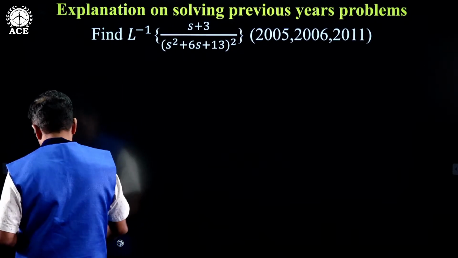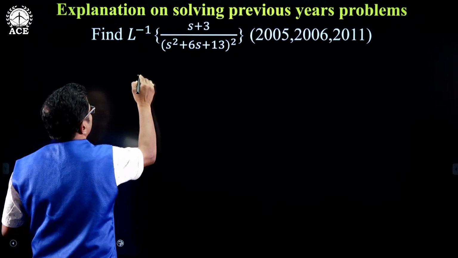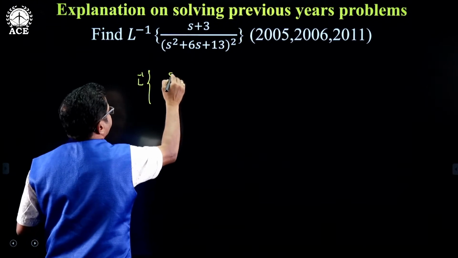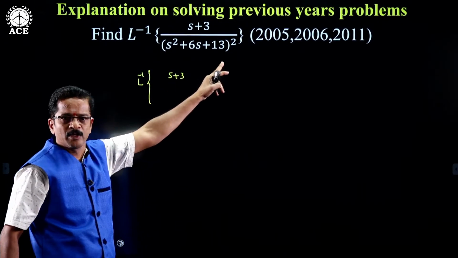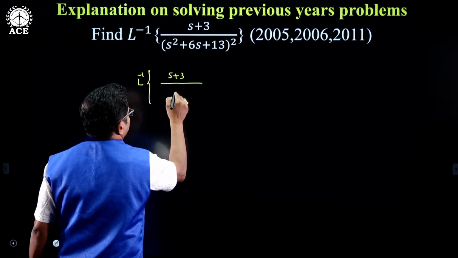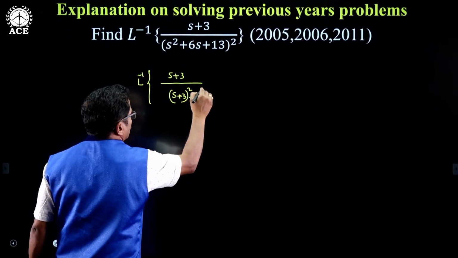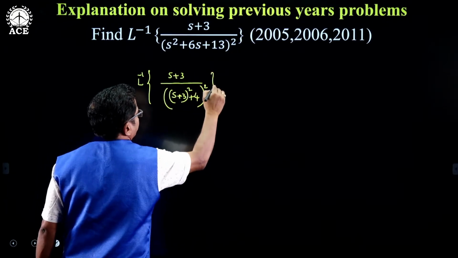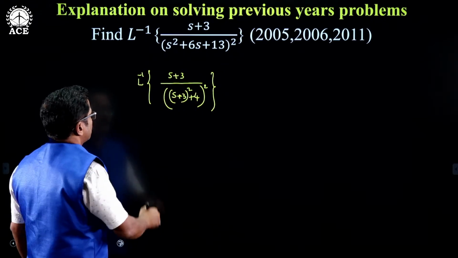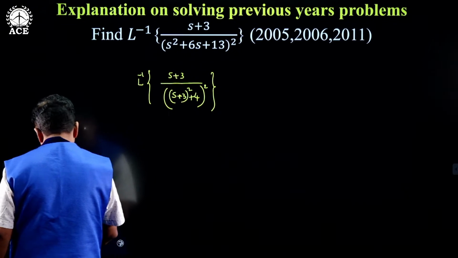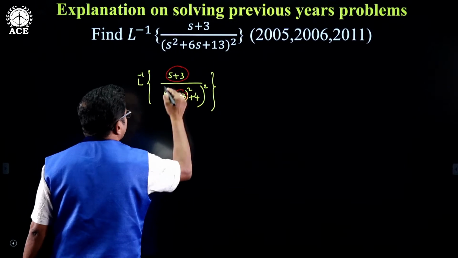What I will do here now? For this I will take a different approach. L inverse of s plus 3 by (s square plus 6s plus 13) whole square. I am writing it as (s plus 3) whole square plus 4 whole square. So here we have s plus 3 in the numerator and s plus 3 here also, no? So I am applying